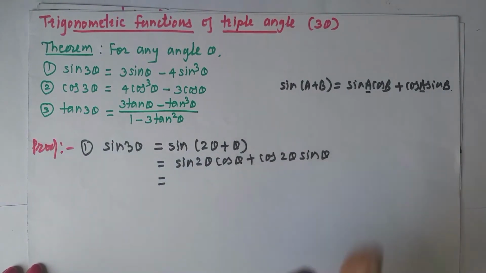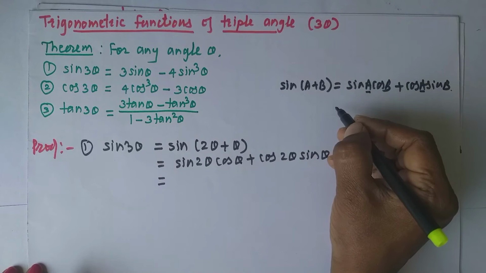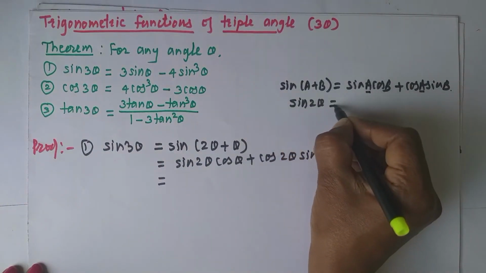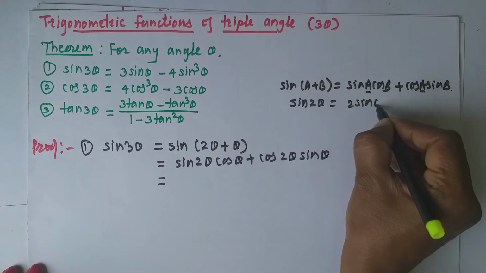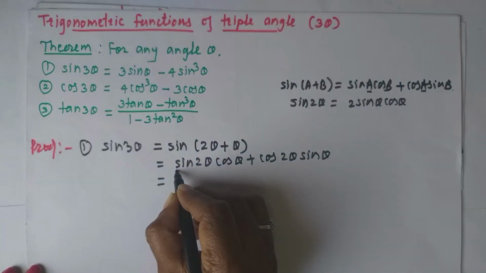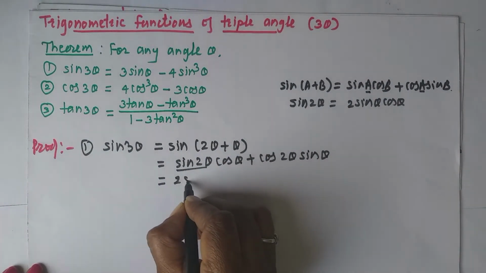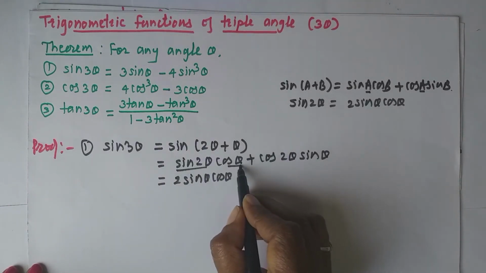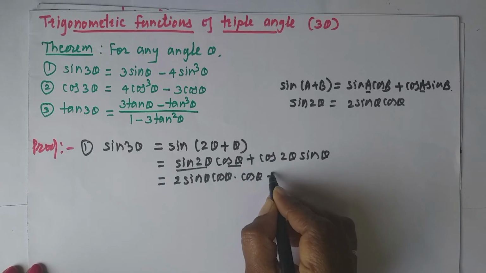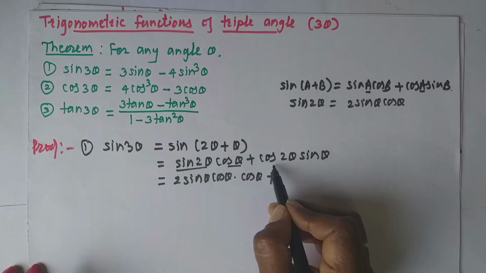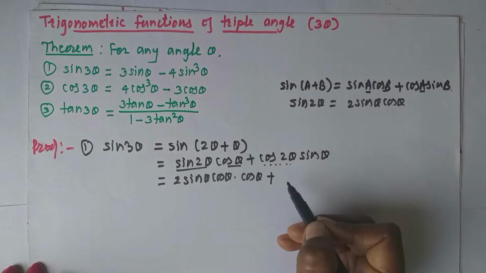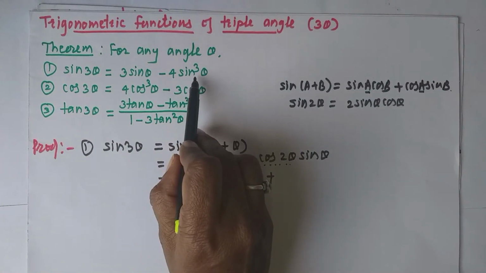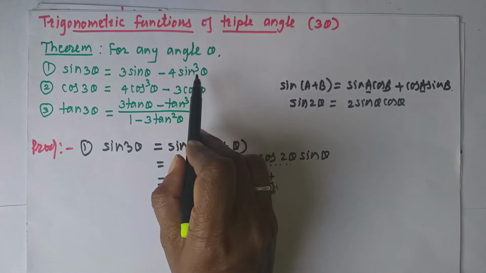Okay. Now in our previous theorem, I have seen the formula for sin 2 theta, that is 2 times sin theta cos theta. Therefore for this sin 2 theta I will keep 2 times sin theta cos theta. Okay. And this cos theta as it is. Plus, now for this cos 2 theta, what formula do I have to use? I have seen 4 formulae. But see here in the right hand side, there is only sin theta.